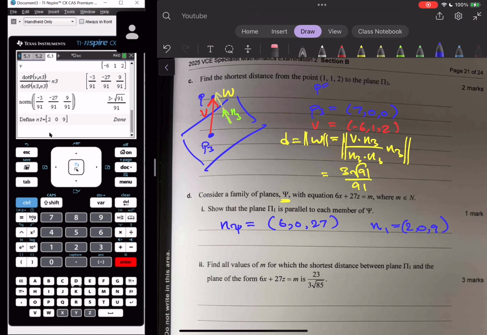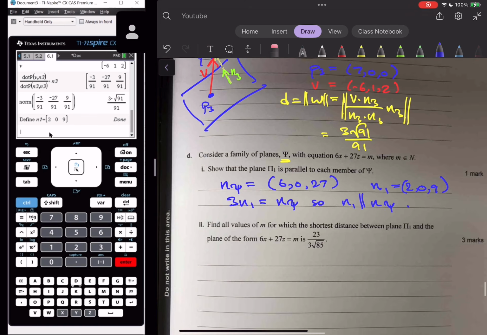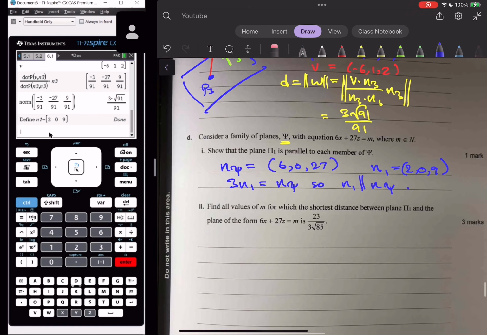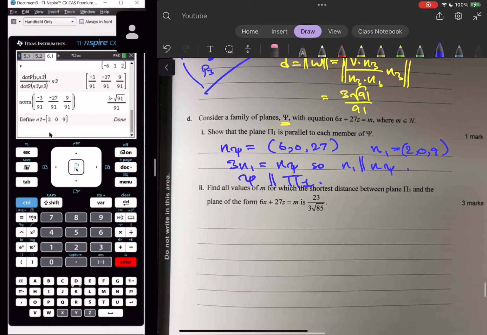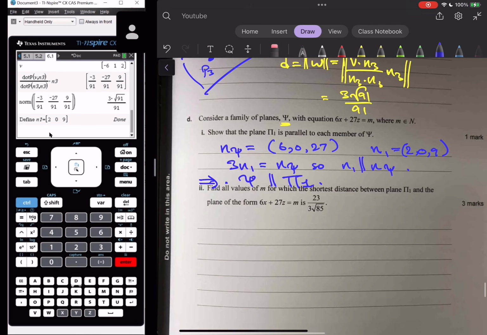And as we can see, 3 times n1 equals n psi. So n1 is parallel to n psi. And because of that, psi is parallel to pi1. Therefore,